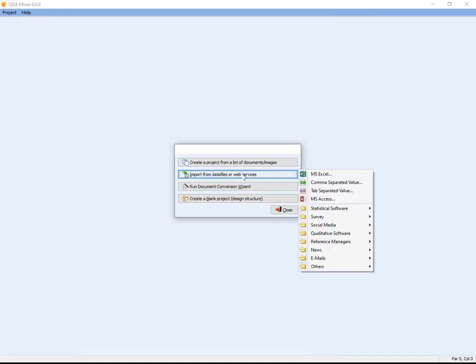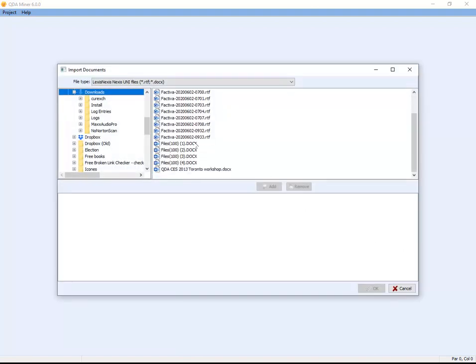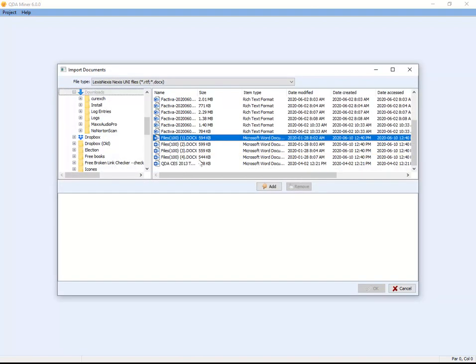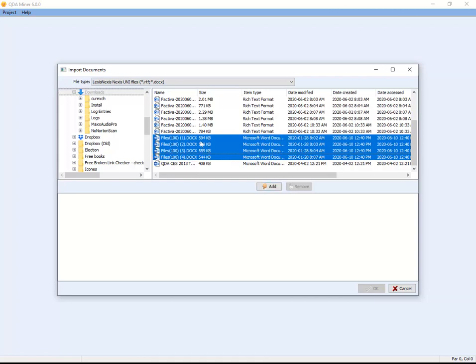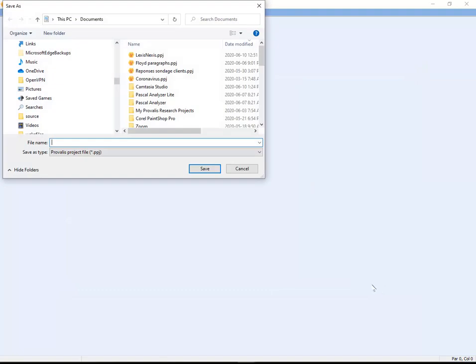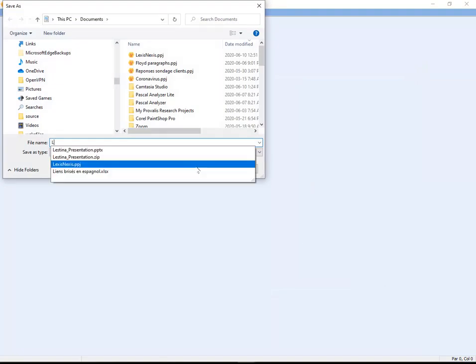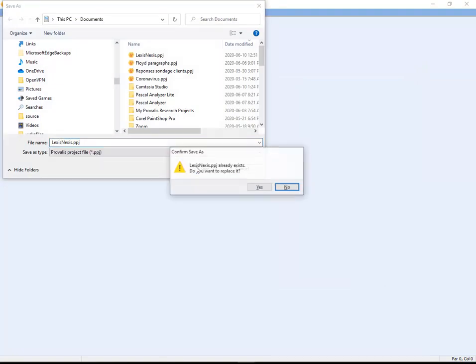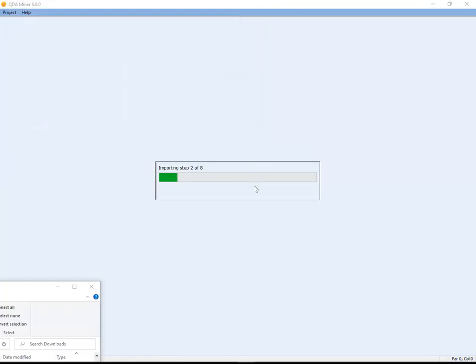Okay, so in order to import those, I will give you an example with LexisNexis. I will go, and those are my LexisNexis files. I will select those four. They contain about 100 news items each. Click OK, and I will call it LexisNexis. I will override that, and it will